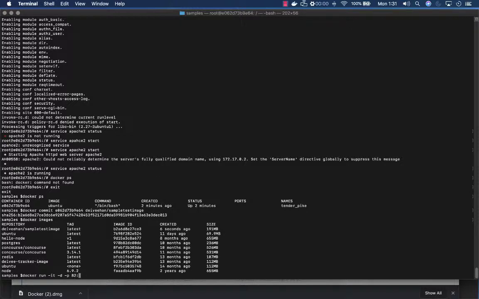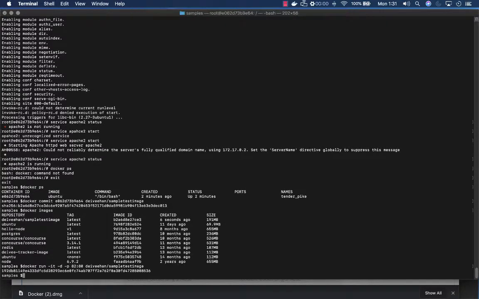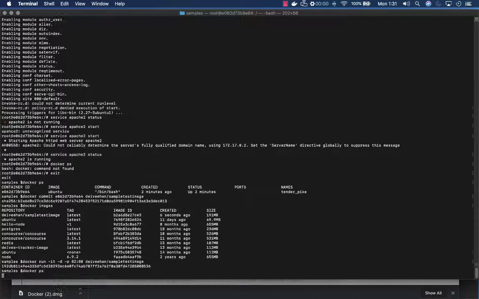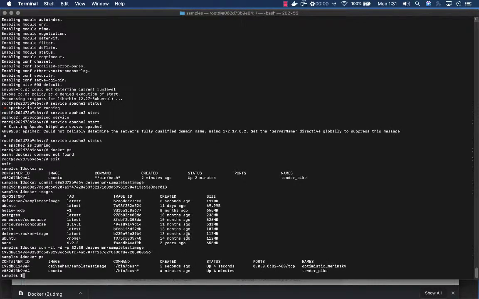So you just say 82:80, and then the image name, begin/sample test image. Okay, now if you say docker ps, you can see